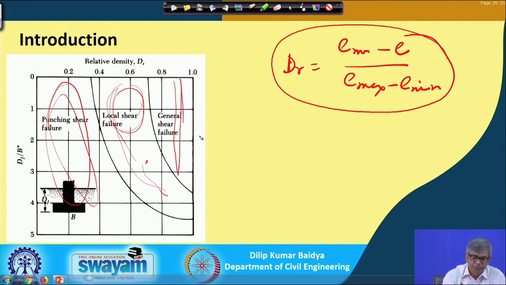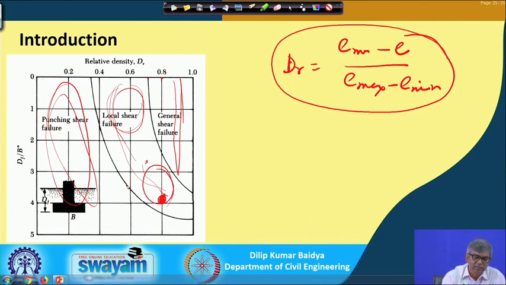So, that means though your relative density is 80% and Df by B is, suppose, 4, though it is very dense soil, still because of the depth that soil may undergo failure by local shear. Most of the time good, dense soil will have general shear failure, but it has some relationship with depth also. If the depth by B is very high, like 4 or 3, then there is a chance of local shear failure also.